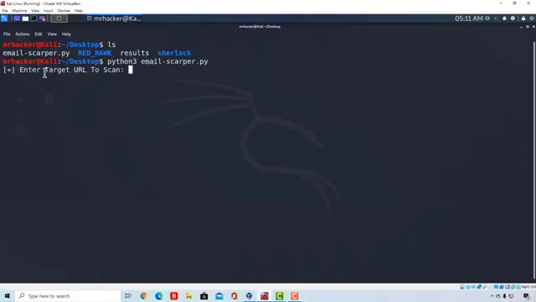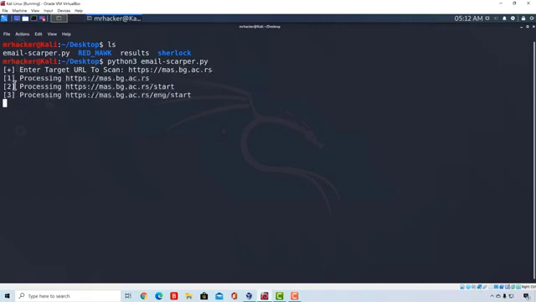It will tell us to enter the target URL to scan, and here I'm going to specify the full URL to the same domain name that we used for theHarvester and Hunter.io, just so we can compare how many results we get with this tool and how many results we got with Hunter.io and theHarvester. So if I type the domain name and press enter,